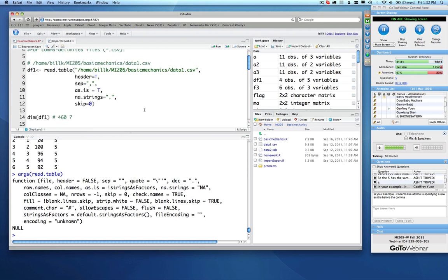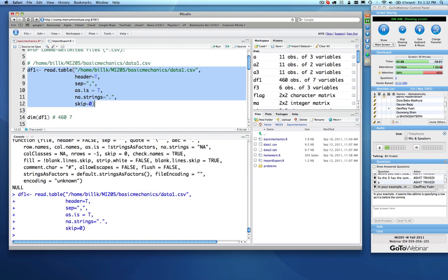So an example of reading a file in: there's a file in your basic mechanics directory called data1, and that data1 file is a simple comma delimited CSV file created in Excel. I'm going to go ahead and read that file in, and we can take a quick look. If we wanted to know how big that file was, how many rows and columns there were,